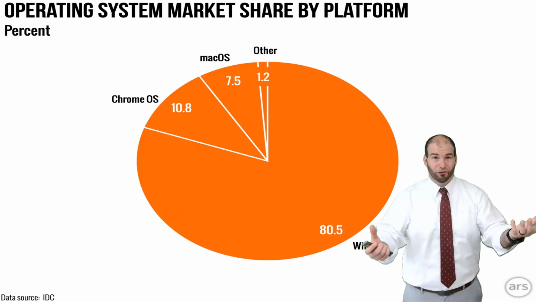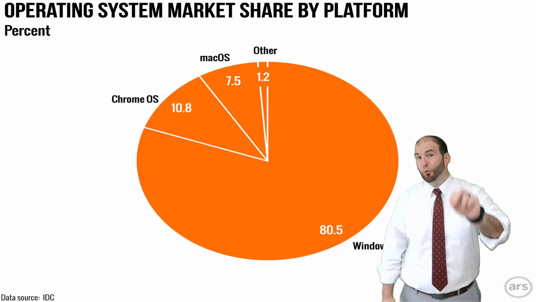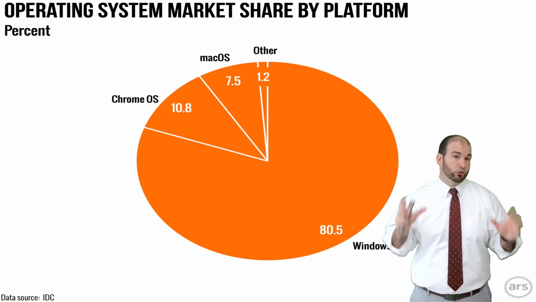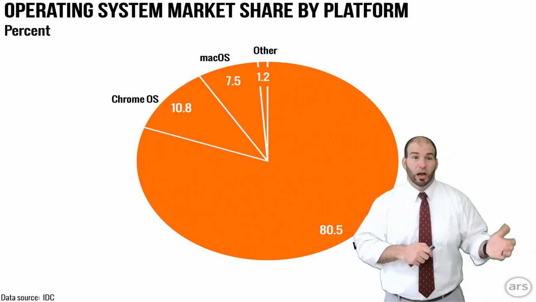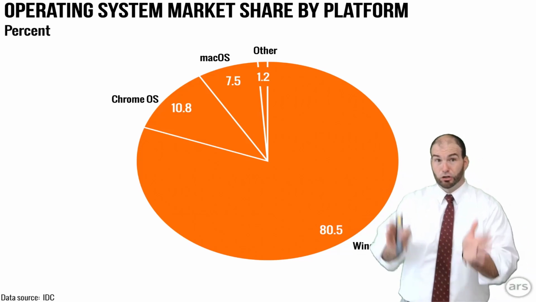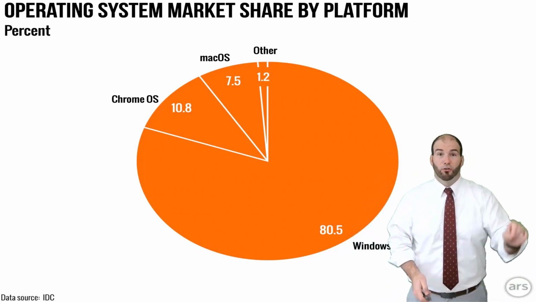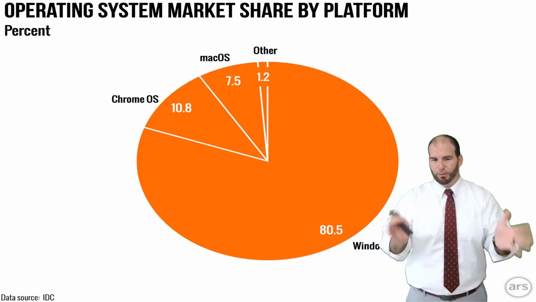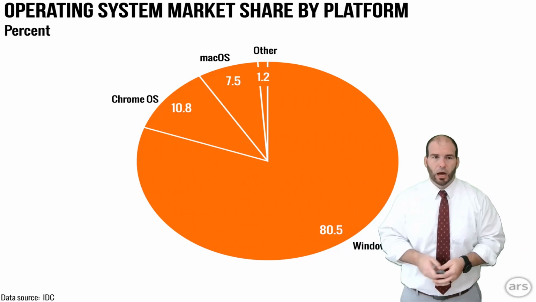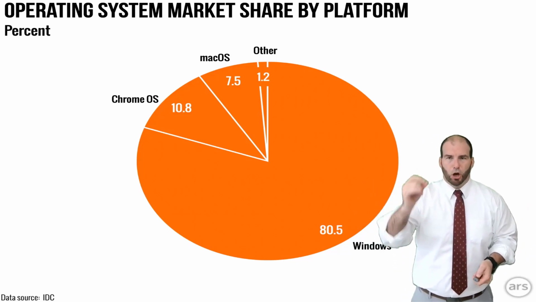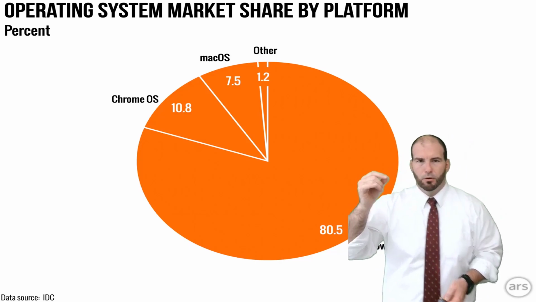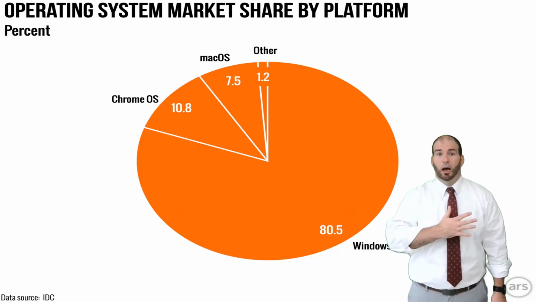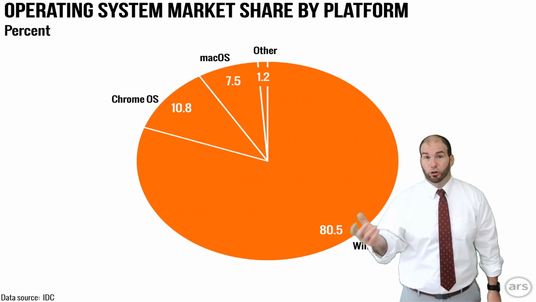Here, if you're having me for a virtual class, now Google Chrome has come out, and if you have a Chromebook, they don't use Windows, they use their Chrome operating system. That has now actually become the second largest operating system used, over Apple, because it's so expensive to buy Apple's hardware. Anyway, because Microsoft owns basically the entire market share, at least over 80%, they are considered a monopoly.